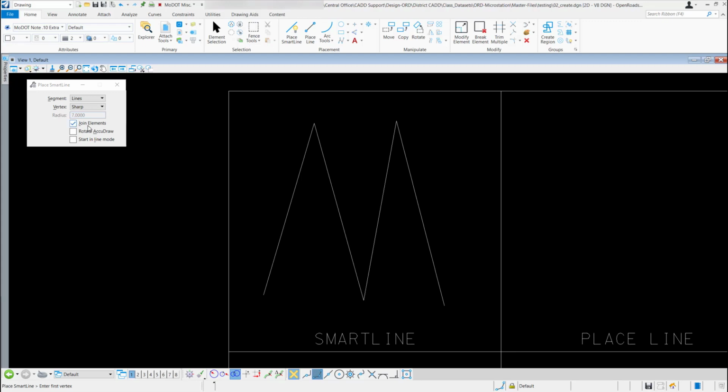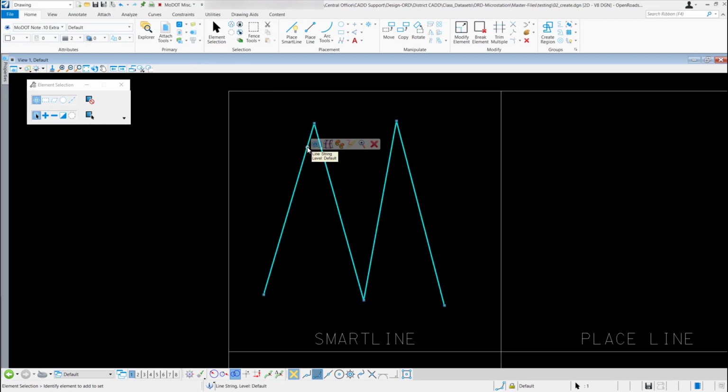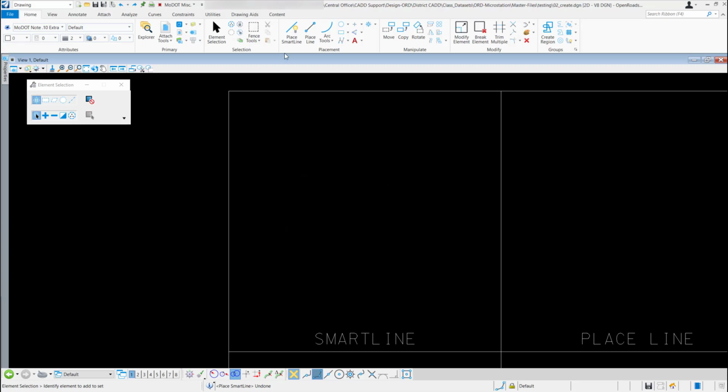Since my Join Elements was checked on, if I go up to my element selection tool and select this new element I just created, you can see it's joined all together. I'm going to do an undo. I'm going to go back to my Place Smartline tool. I'm going to uncheck the Join Elements button. Now if I go out to start my line,